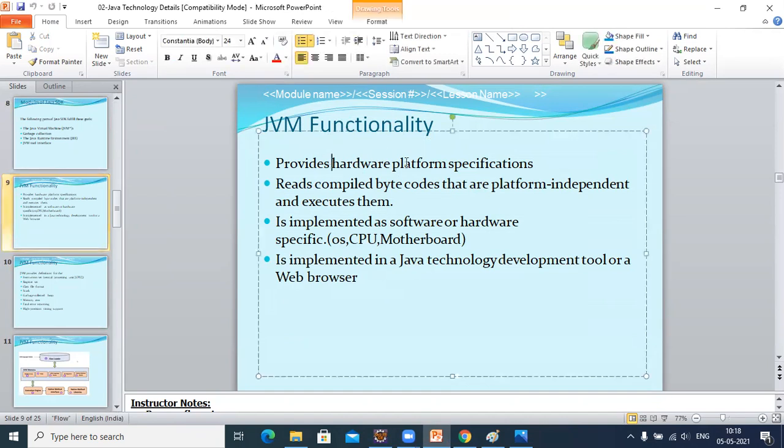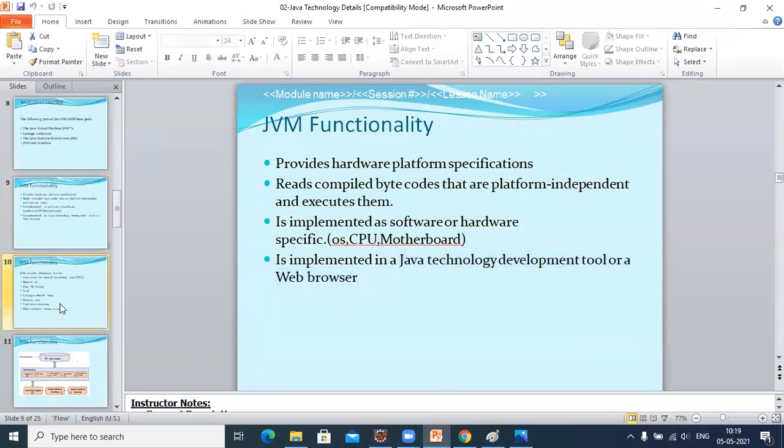It provides hardware platform specifications. It reads your file and converts it to platform independent bytecodes and executes them. It is implemented as software or hardware specific, in Java technology, a development tool or a web browser.